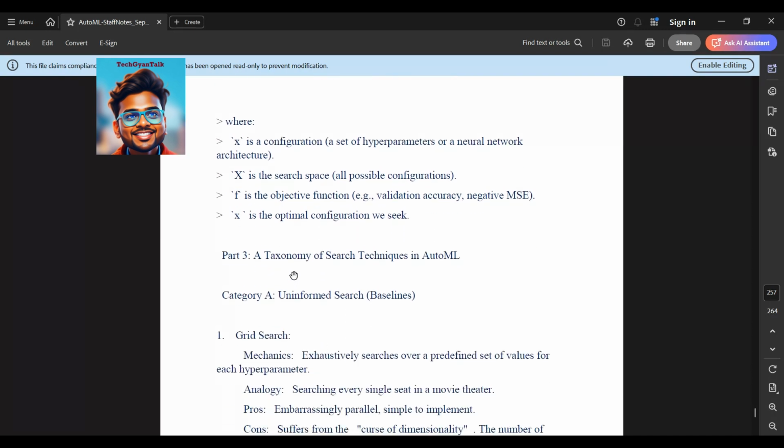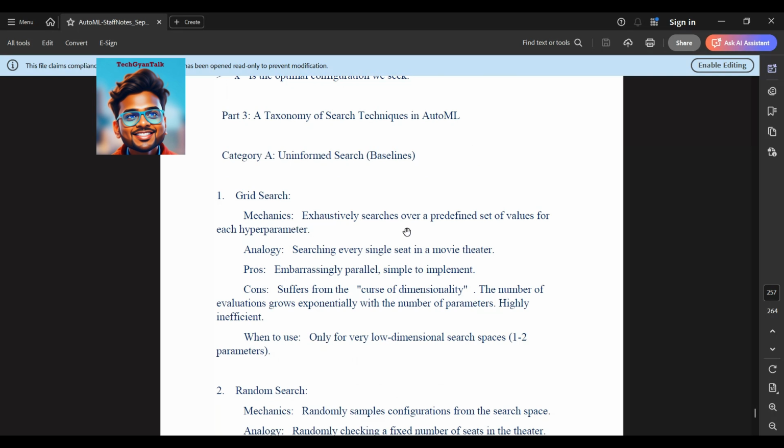Part three is a taxonomy of search techniques in AutoML. Category A: uninformed search baselines. Grid search mechanics: exhaustively search over a predefined set of values for each hyperparameter. Analogy: searching every single seat in a movie theater. Pros: embarrassingly parallel, simple to implement. Cons: suffers from the curse of dimensionality. The number of evaluations grows exponentially with the number of parameters. This is one of the challenges, and it is highly inefficient. So we need to avoid grid search, and use it only for very low-dimensional search spaces,